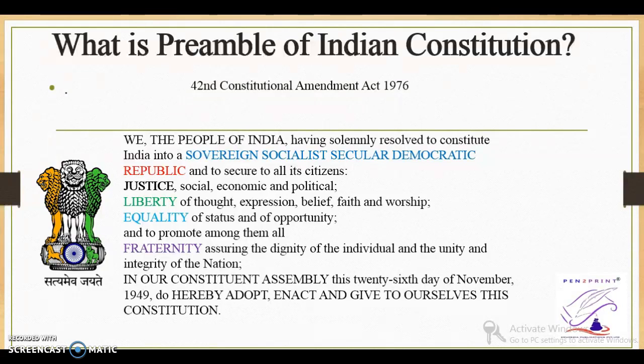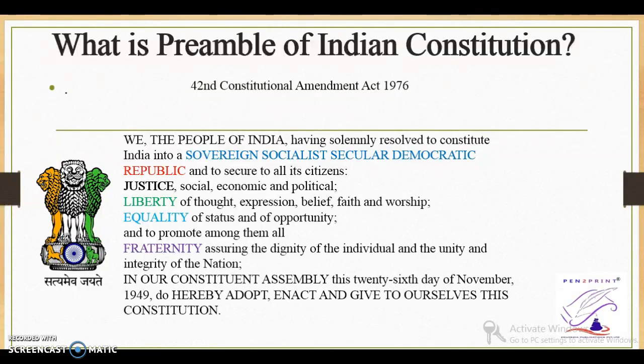Then, if we cannot enforce the preamble through a court of law, like the Supreme Court, then what is the purpose of having a preamble? So, the preamble sets out the aim and aspiration of the people, and this has been embodied in various provisions of the Constitution. The preamble of the Constitution contains the basic objectives of the Constitution, such as to secure to